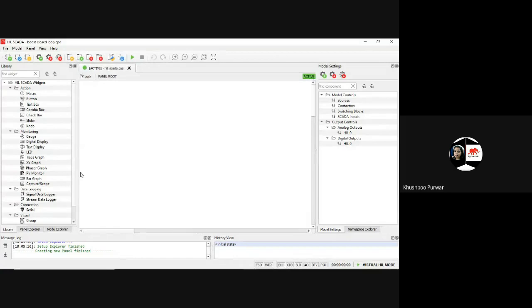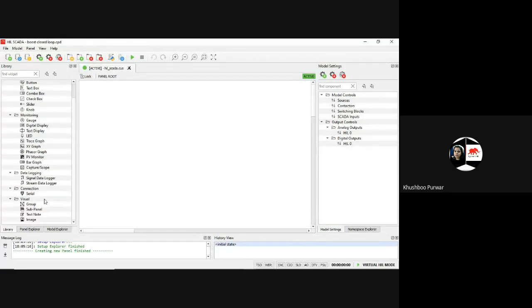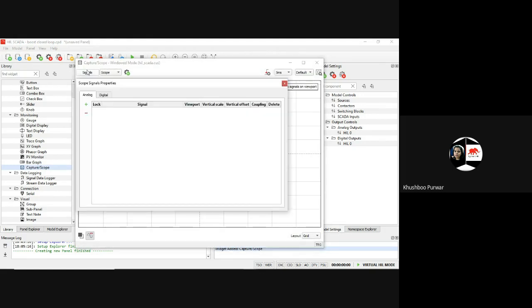So you can create a new panel. And in this new panel, the first and foremost thing, I'm just going to add a capture and scope, where I'll show you the results, and there I'm going to add some signals. Only some signals I will add. You can add more than that, and you can check with those signals as well. It's up to your choice. But I want to see L, so I will use L because I want to show you L. So L, I'm going to check it on the viewport.